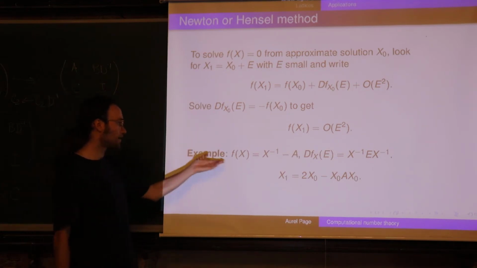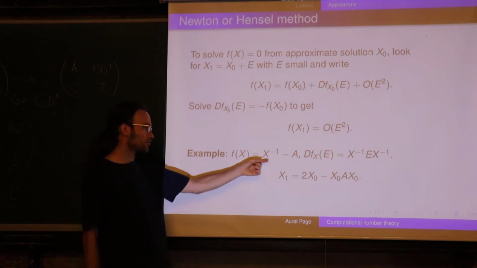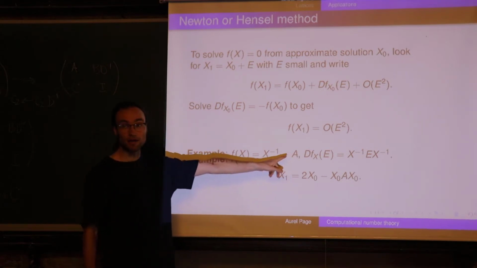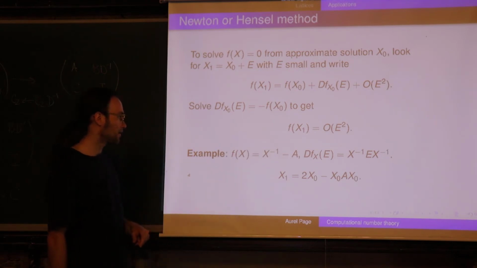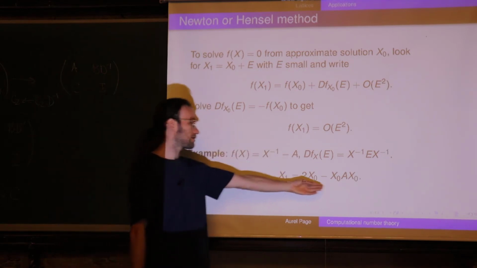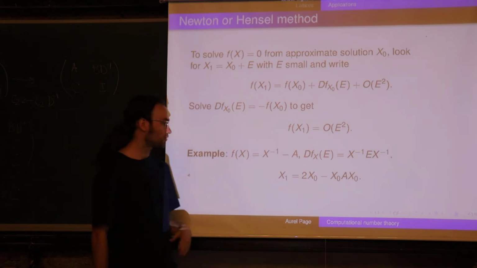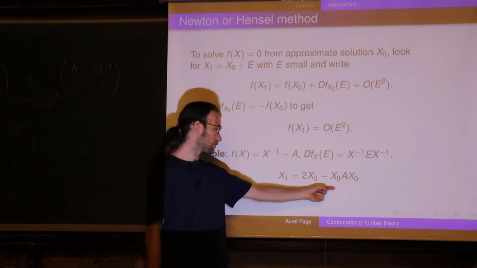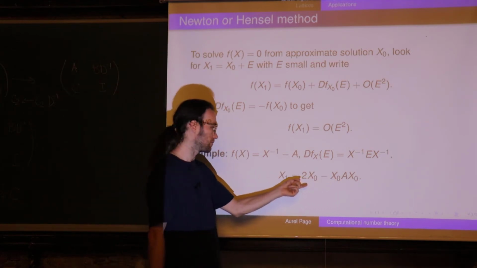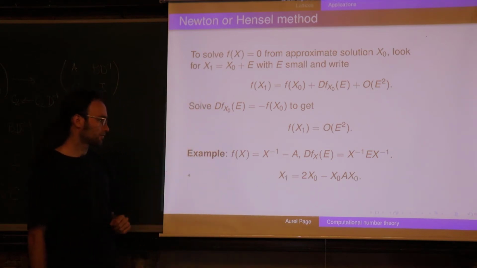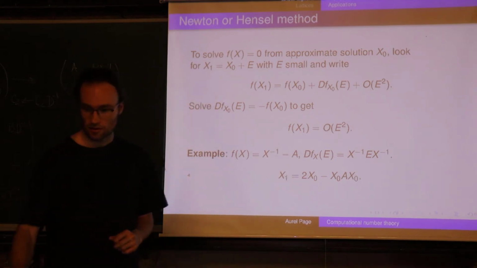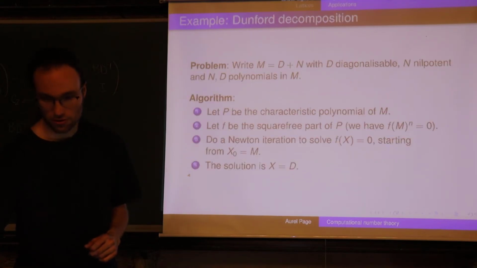So if you apply this, for instance, to finding the inverse of some A, maybe a matrix, or it's fairly generic, and you work out the method, this is the iteration that you get. So in fact, in this case, you don't even have any inverses anymore. You just have multiplications. So that was a first example. Another example